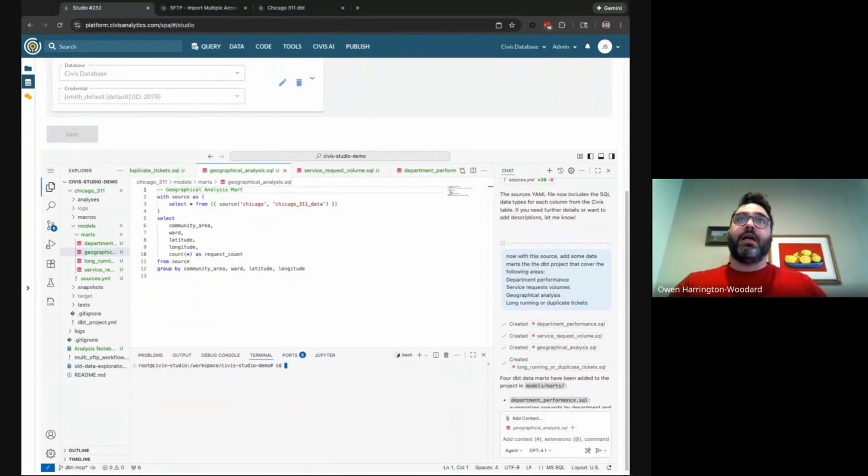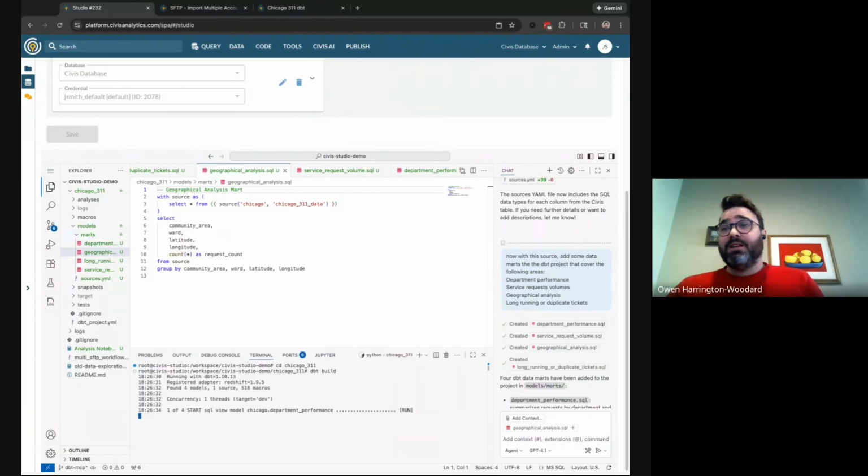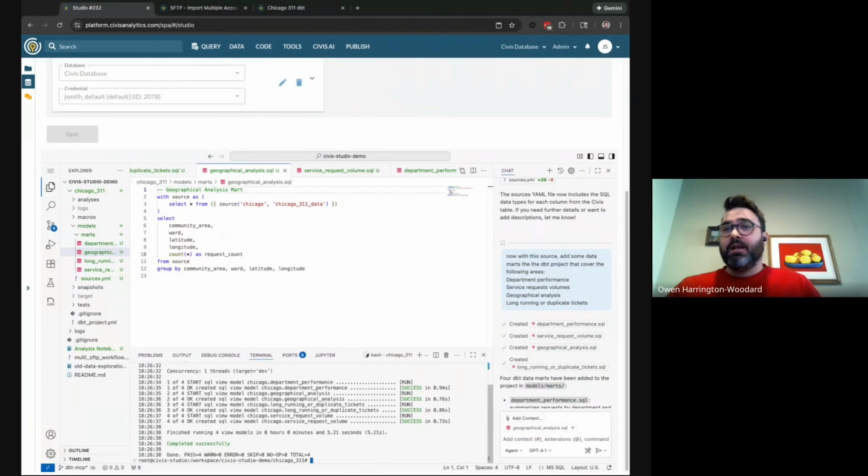So gotta get into the right directory here. And then we're going to run dbt build. dbt is already installed along with the Redshift connector, so you don't have to worry about that. The only setup that I did here with dbt was I ran dbt init and set up the project earlier, and then I got rid of the model files.